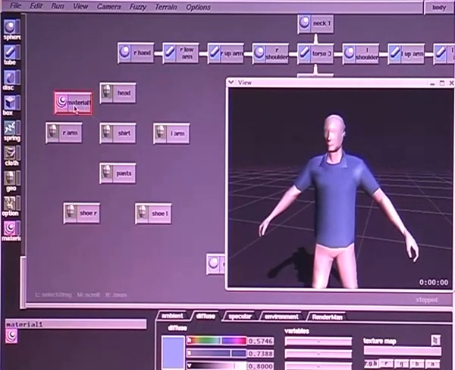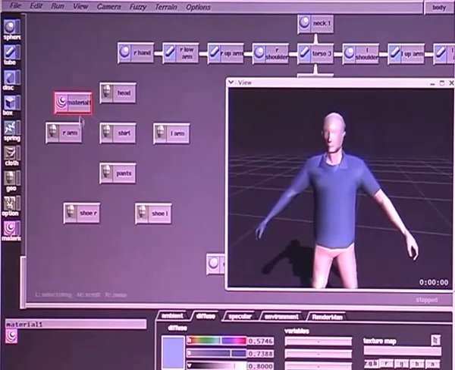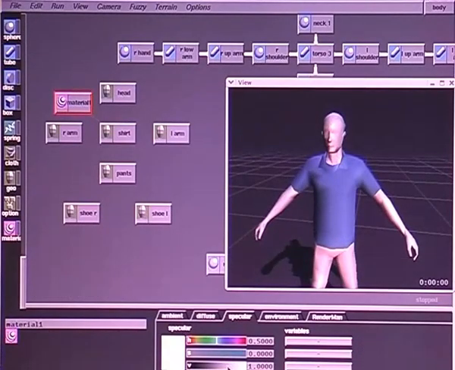And we could of course attach this material to other pieces of geometry, but in this case we don't want to. And we can adjust specular. We probably don't want a shiny shirt, so we'll turn that down, maybe give it a little bit of ambient. Go back to diffuse,